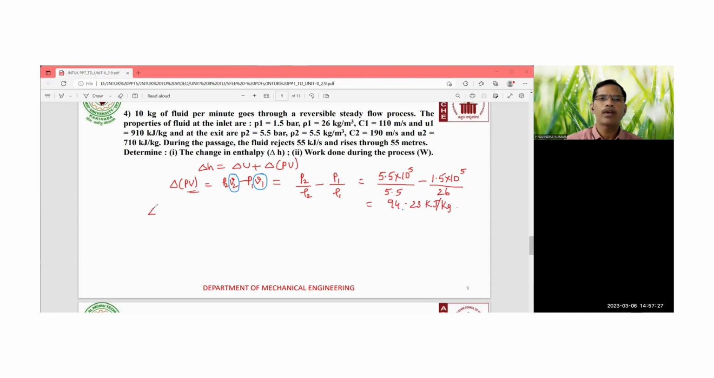Next one is to find out delta U. This delta U is nothing but U2 minus U1. What is U2 here? U2 is